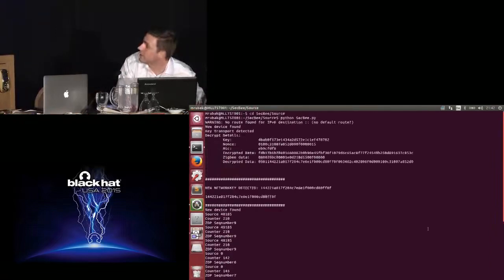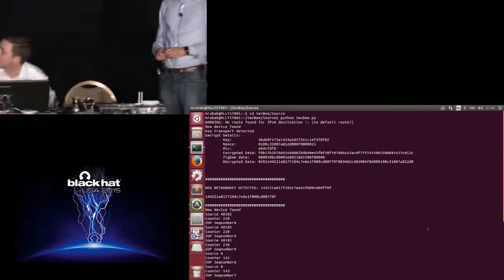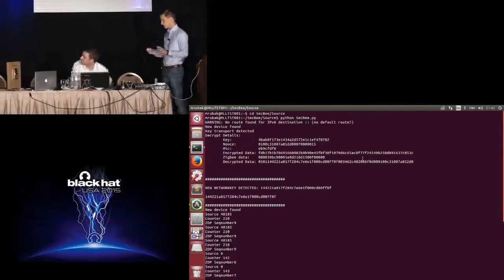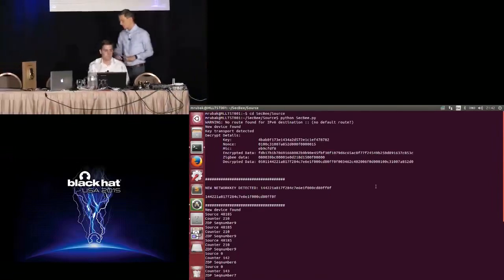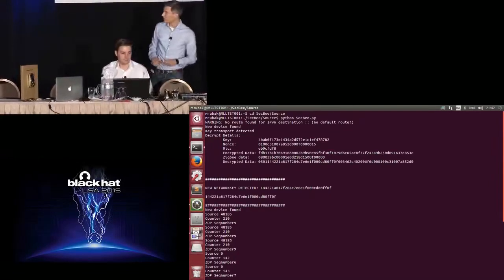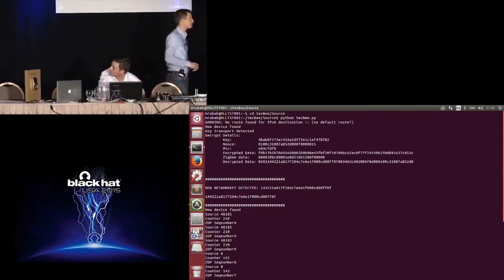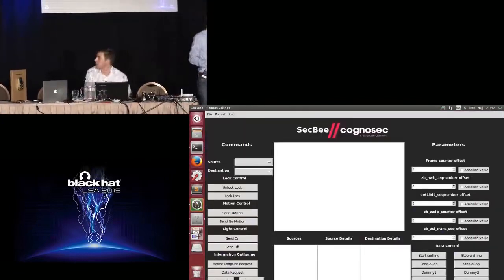So that was basically the pairing process. The lock is now paired with the hub. That was very quick. Normally you would have to wait for the lock to tell you what button to press, and Tobias did it very quickly. What you can see in there is basically the network keys that were extracted from the traffic. So that's good. It's also now in our tool.